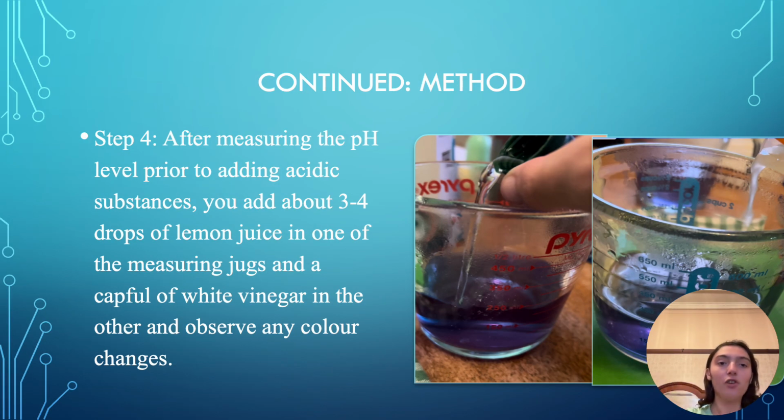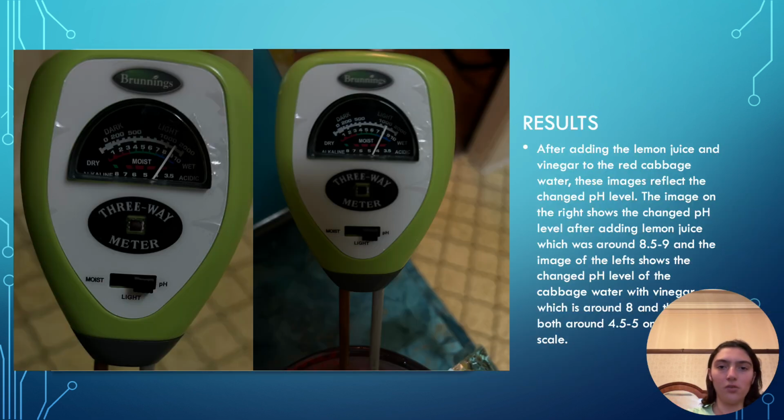Now, step 4. After measuring the pH level prior to adding acidic substances, you add about 3 to 4 drops of lemon juice in one of the measuring jugs and a capful of white vinegar in the other and observe any color changes. Results. After adding the lemon juice and vinegar to the red cabbage water, these images reflect the